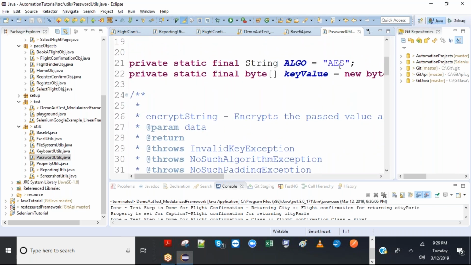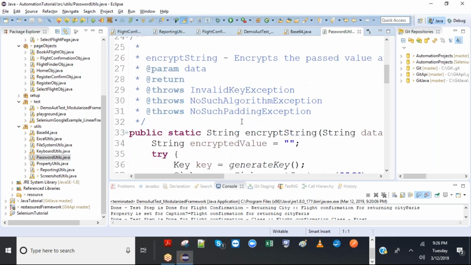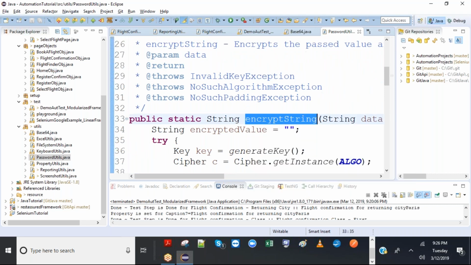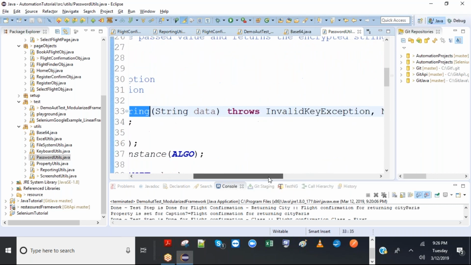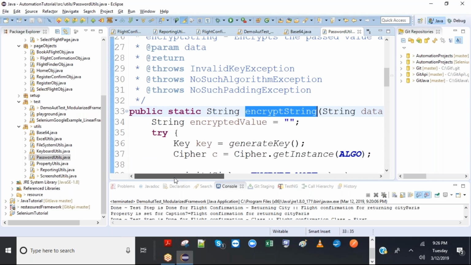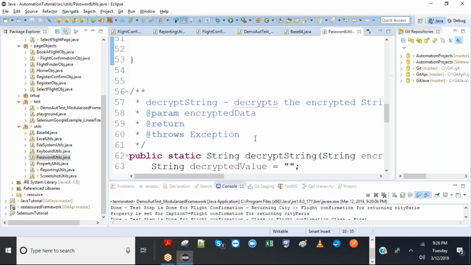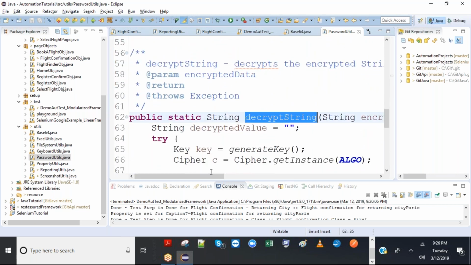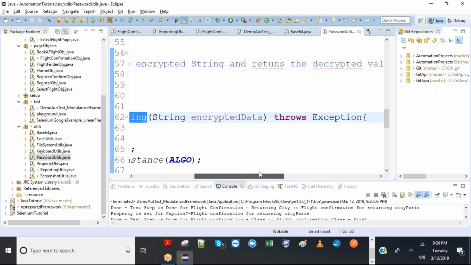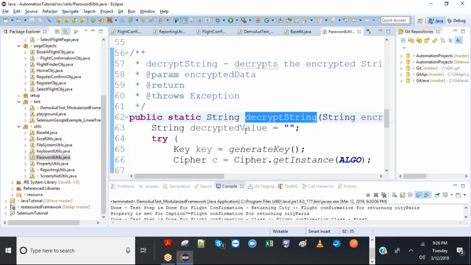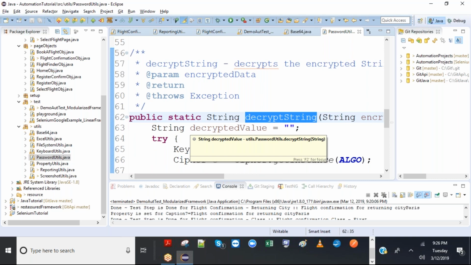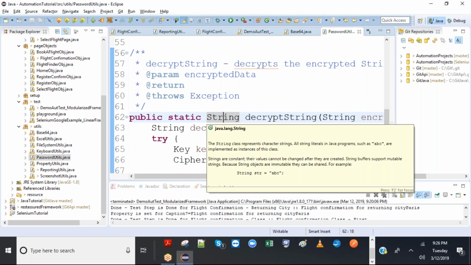Okay, so this uses the AES algorithm, and one function is encrypt string. If I pass a string, it will simply give me the encrypted form of it. Like if I pass Sangam, it will give me ABCD something, which is a non-understandable format. To decrypt it again, I'll call decrypt. If I pass ABCD, it will give me Sangam. So it's the reverse of encryption. Like I said, if we don't want to share the password in the Excel sheet data pool, we can first encrypt it and put the encrypted string, and before entering it into the web page, we can decrypt it.